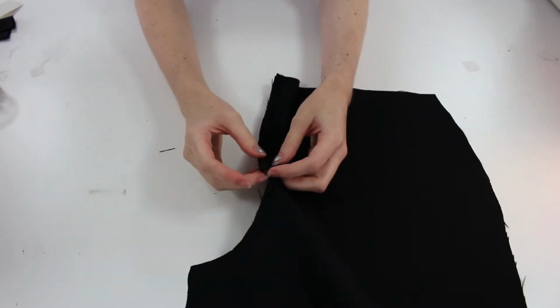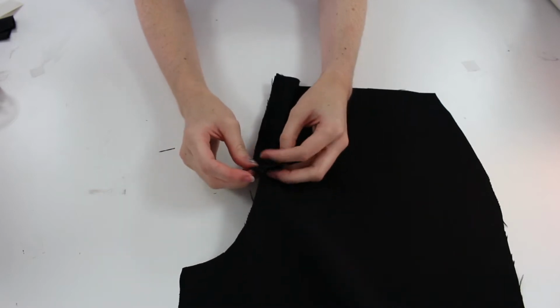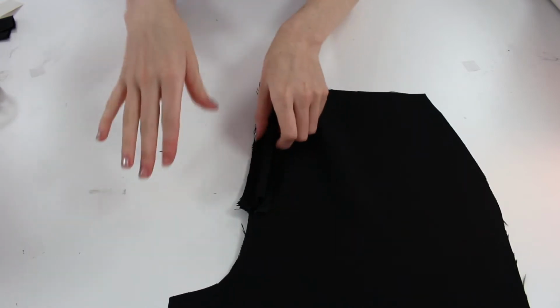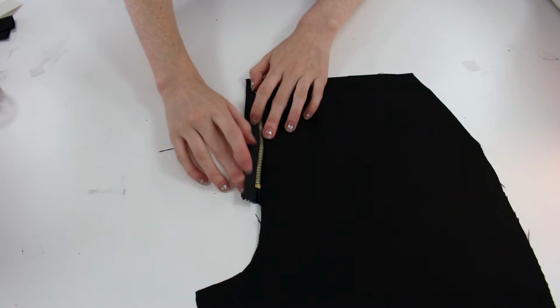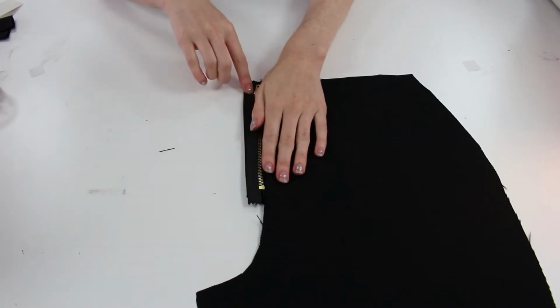Now, like I said, that's optional. I'm just doing that because I like the neat finish it creates. And because these pants aren't lined or anything, I just want to prevent any fraying or any messy seams inside. Now, if you don't want to overlock it, then the next thing will be attaching this side onto the right